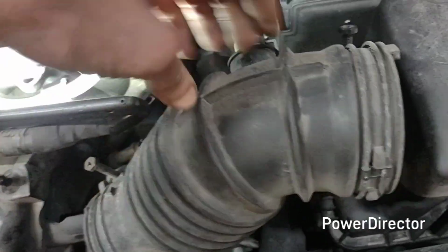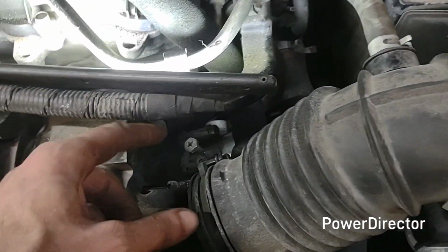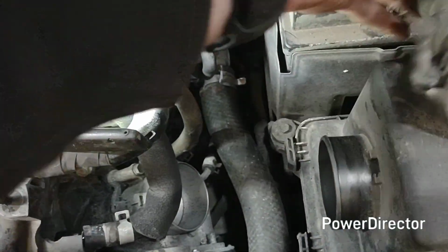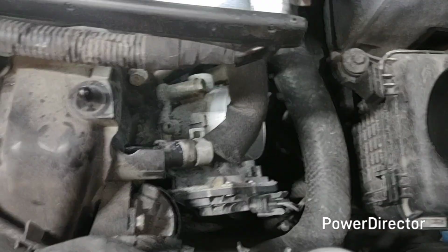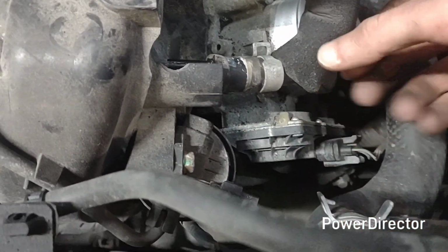So when it's in there, got to get off this one. You can use a 10 or a Phillips. Same down here, 10 or a Phillips. I just use a long Phillips. Pop it off. Now you can get down in here and get in behind here,